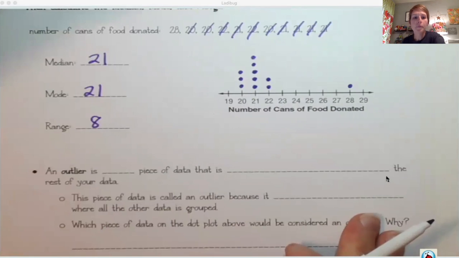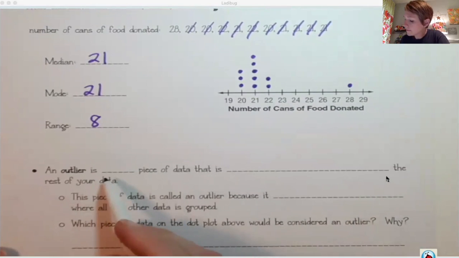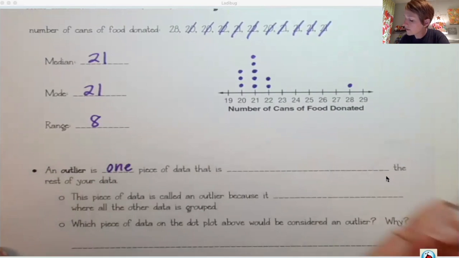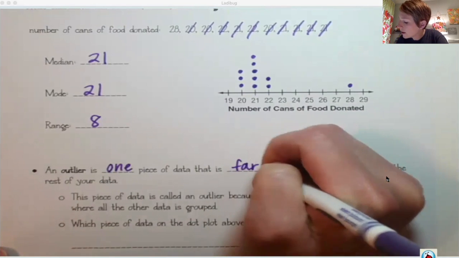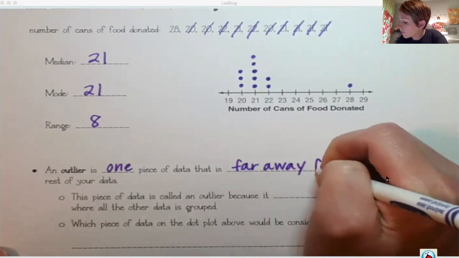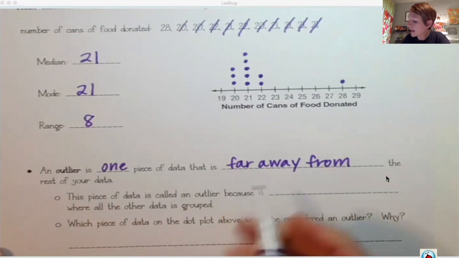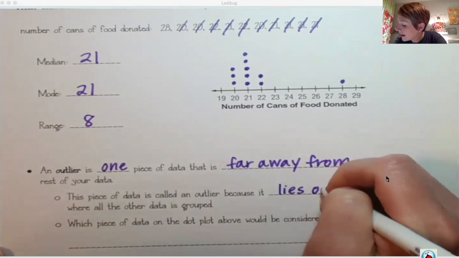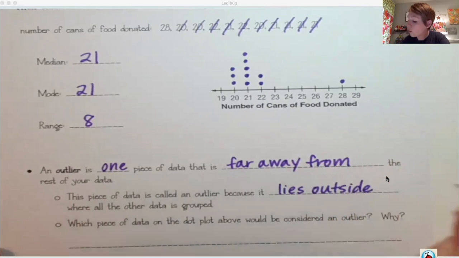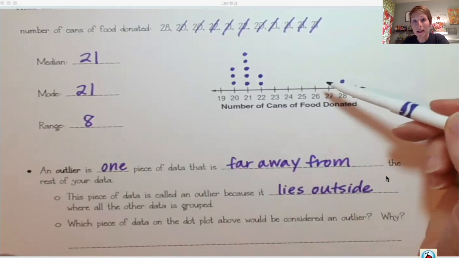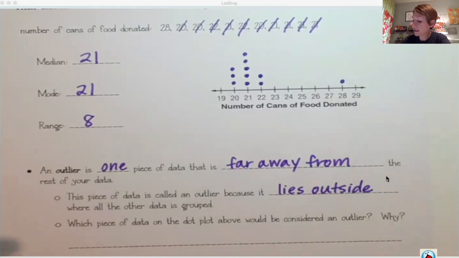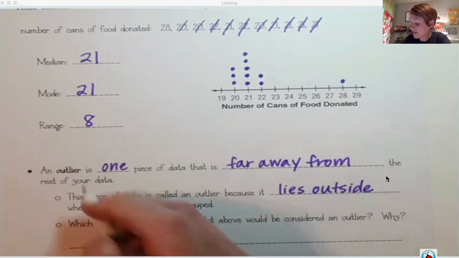Let's talk about what it says here at the bottom of these notes. This is something new. This says an outlier is one piece of data that is far away from the rest of your data. And it says this piece of data is called an outlier because it lies outside where all the other data is grouped, okay? Now, this dot plot here has an outlier, and you may already be able to guess which one it is. It says which piece of data on the dot plot above would be considered an outlier and why. Well, obviously that's going to be 28